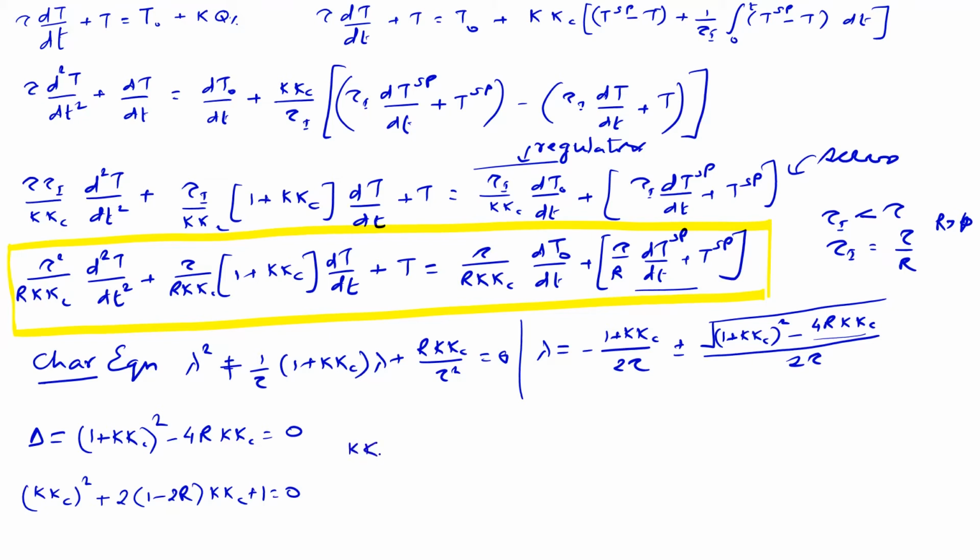So the discriminant of the characteristic equation goes to 0 when kkc satisfies this equation, and the roots of kkc are